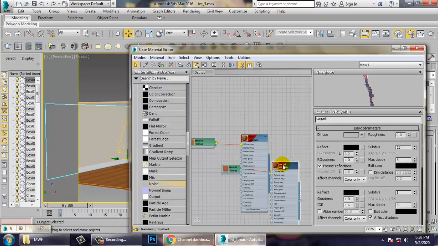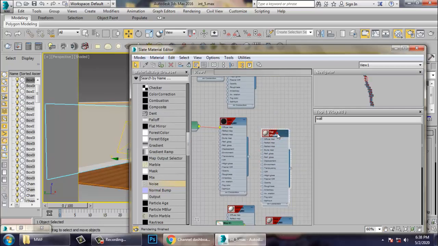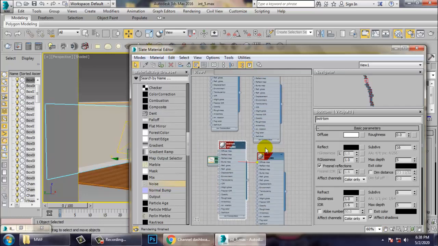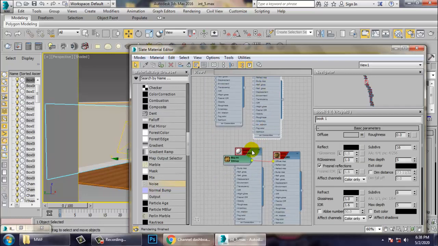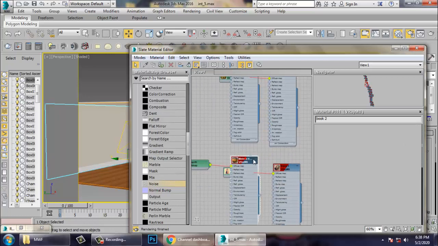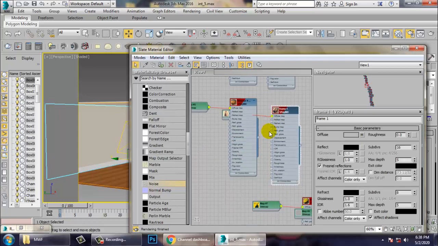So this is your carpet, your wall, your top ceiling, your bottom, white, book 1, edges, book 2, frame.